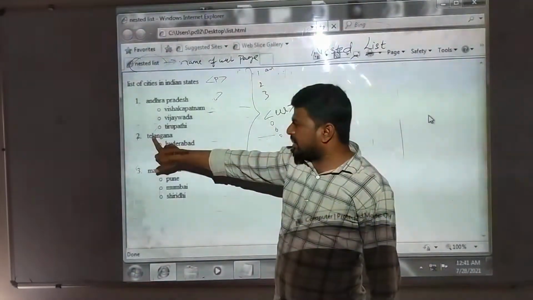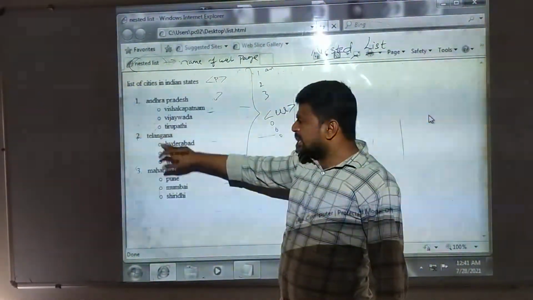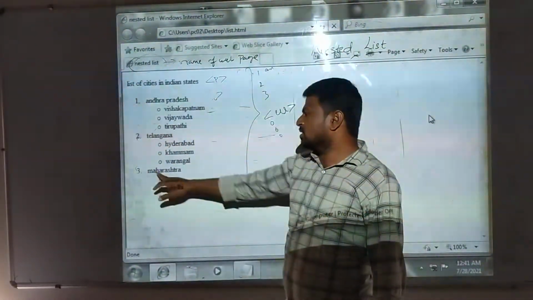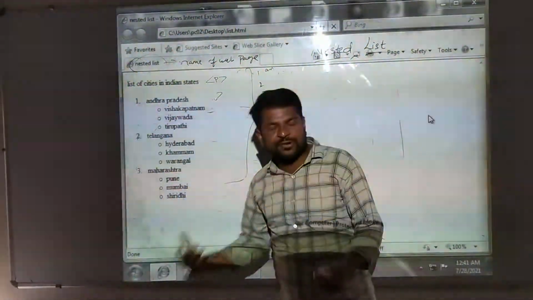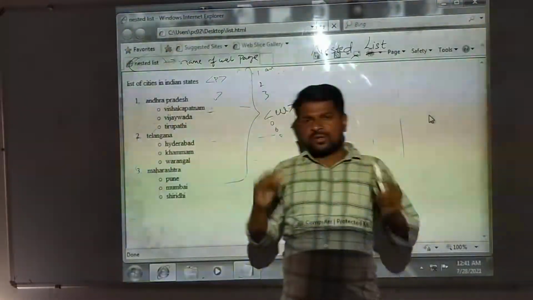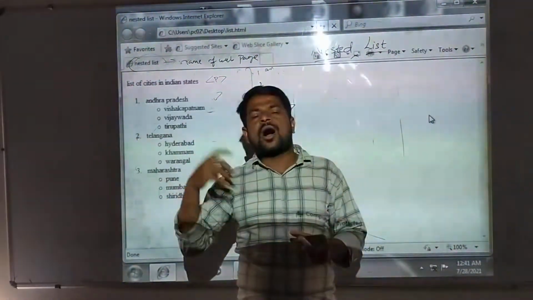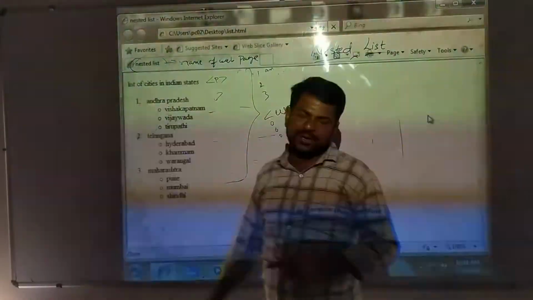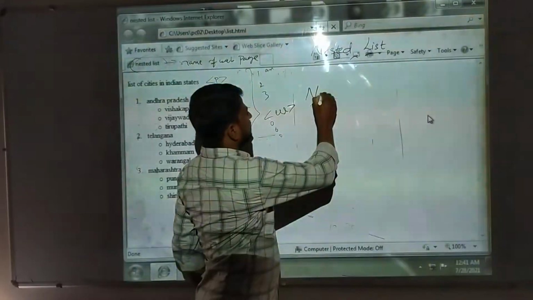Maharashtra is an ordered list item, and these are unordered list items. Means what we are doing here? We are displaying unordered list items within an ordered list. This is all about nested list.